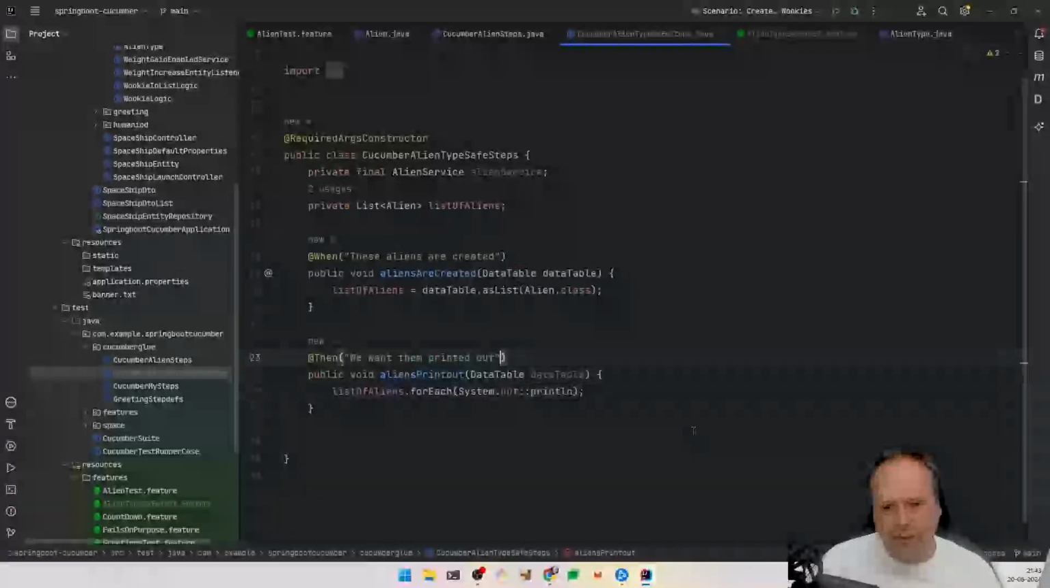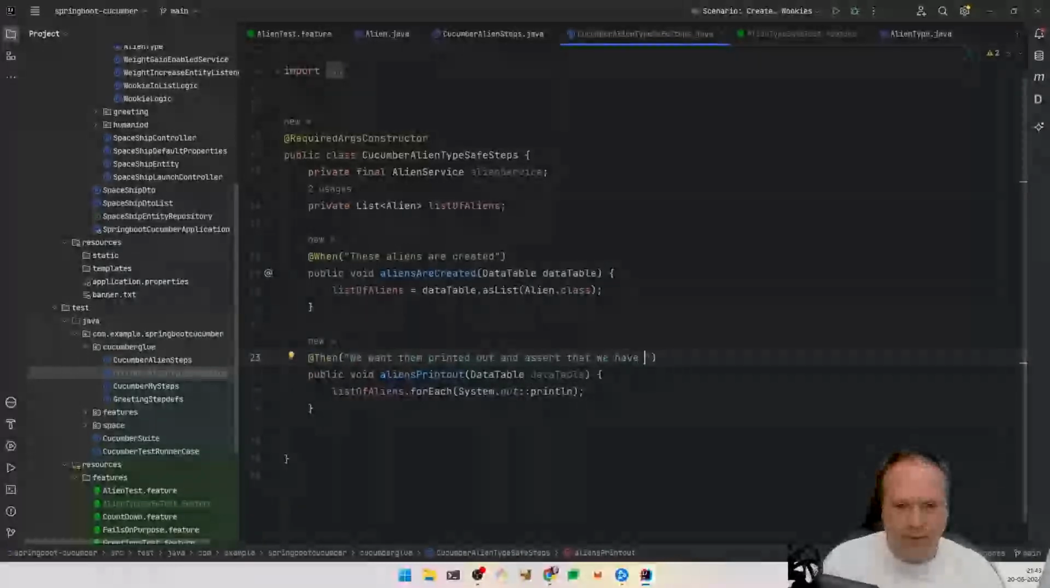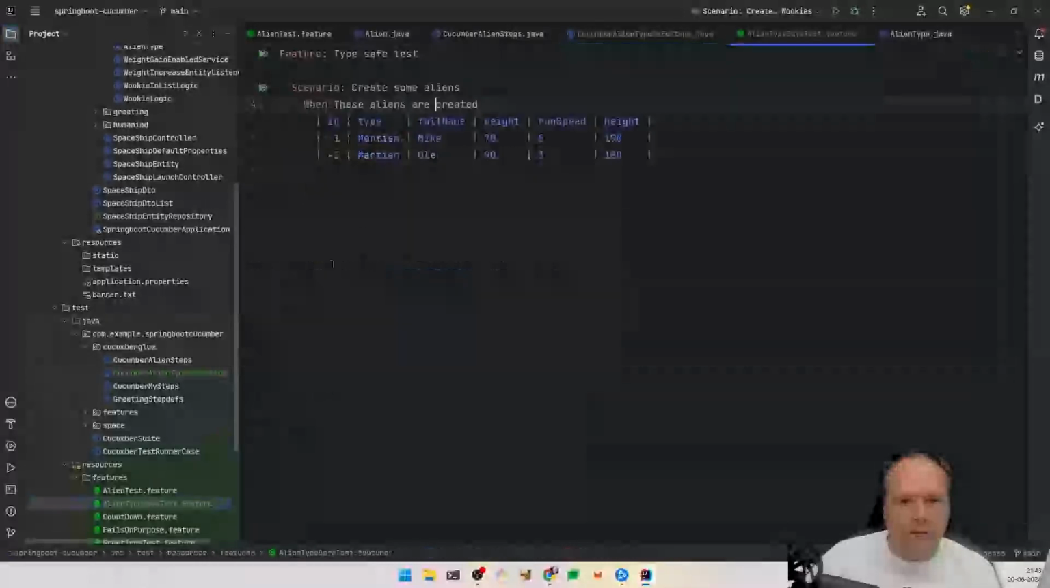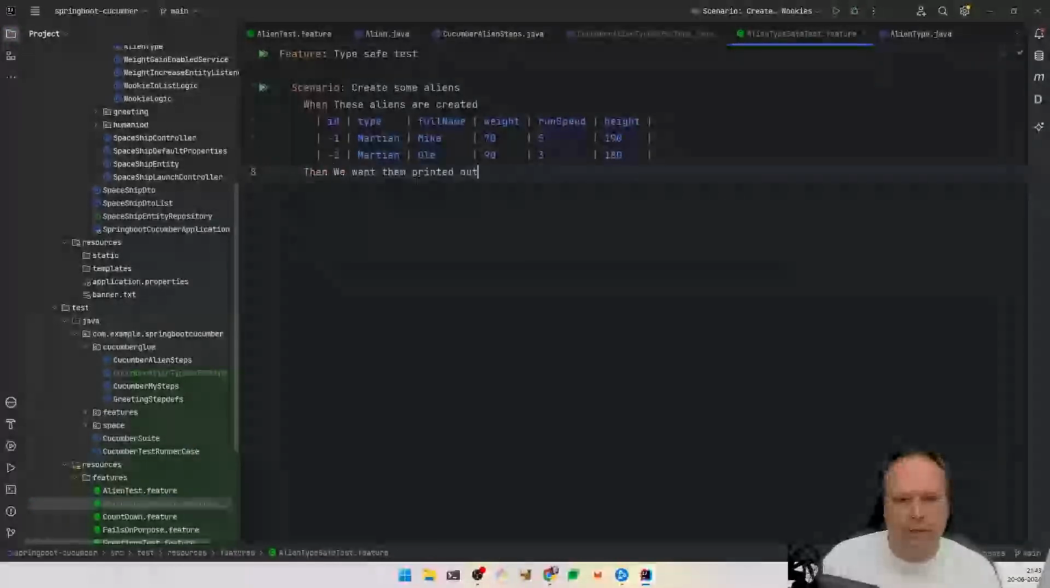And maybe we could also run a print out and assert that we have some kind of number. Aliens like this. And then we also need a variable. So that, okay. It's actually okay to begin with. Let us start. We will keep it with this to begin with. So we can always advance to make it more advanced. So then we save them, and then we want them printed out. So we go back to our tests, and then we say then we want them printed out,